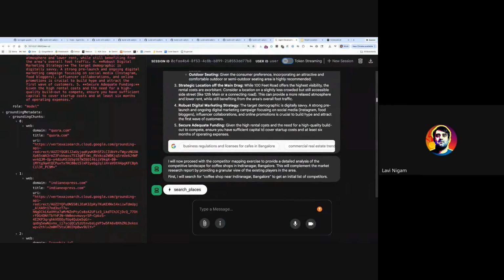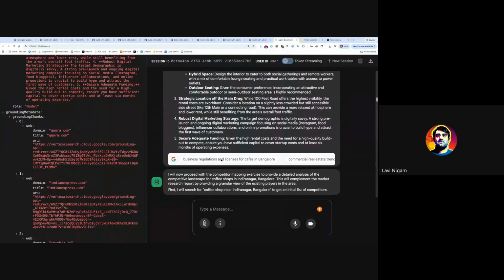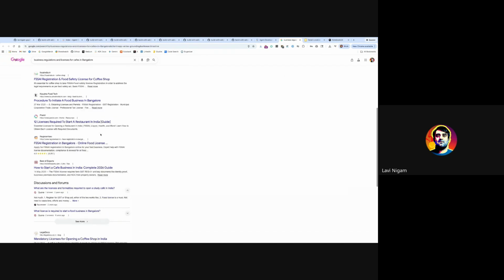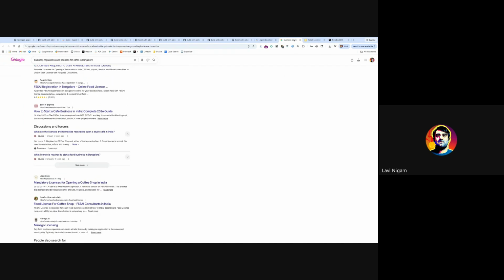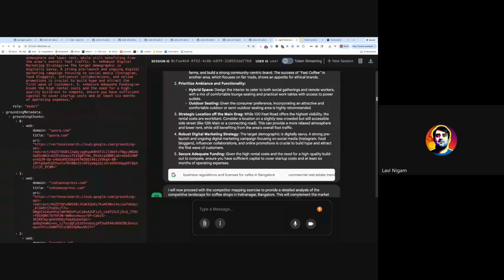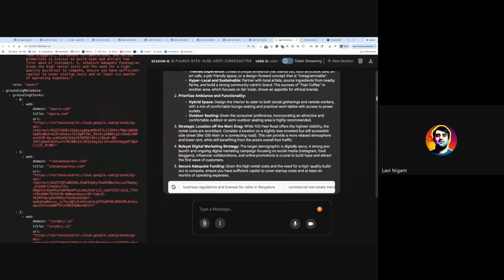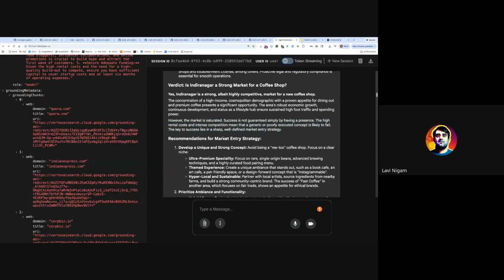One of the great things of Google search as a tool is that when you actually use it, it tells you what is the query it actually ran on Google search. So if you see it actually, if I click on this, you will see exactly the same research happening on Google. So then you know for the fact that, oh, it's not just randomly doing anything, you actually get to see this. In fact, on the left-hand side, oftentimes people say that, you know what, this is all good, but